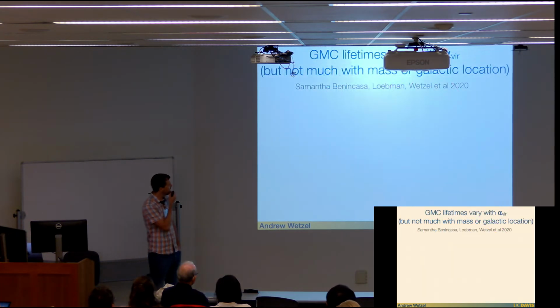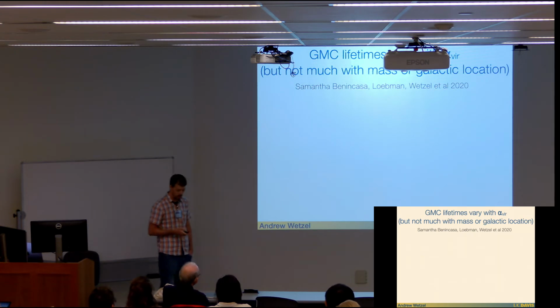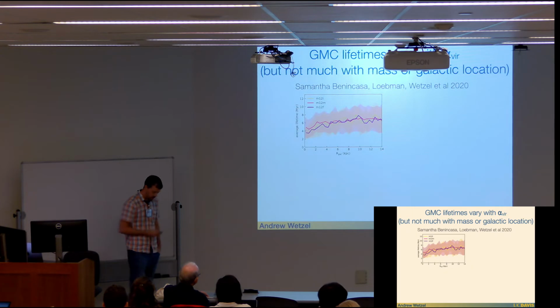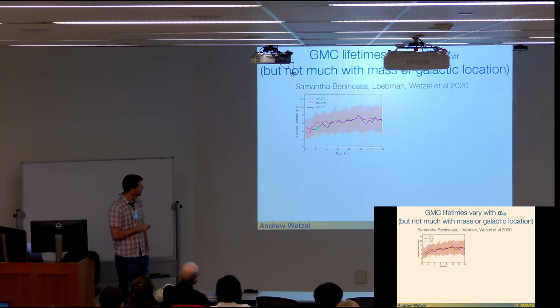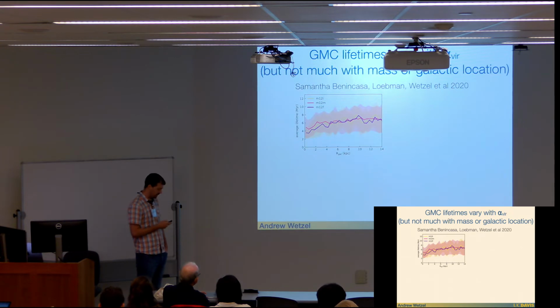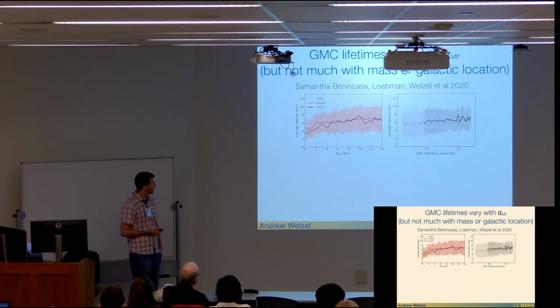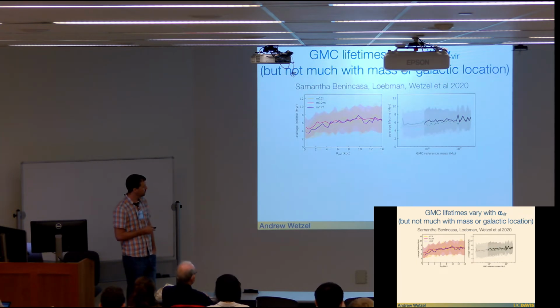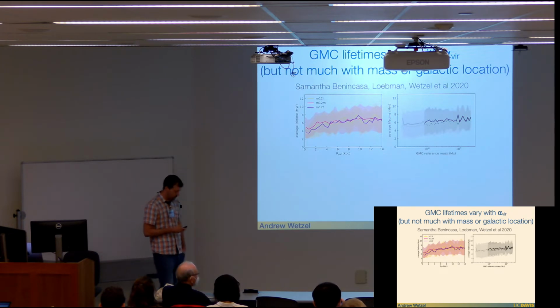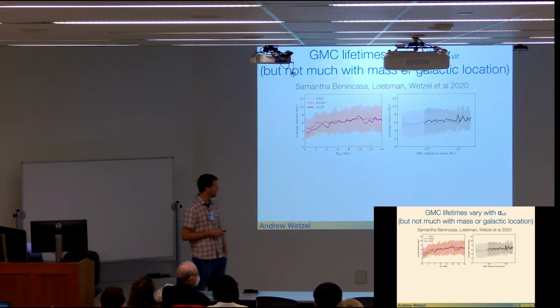We can also ask how do the cloud lifetimes vary with any interesting parameters within these galaxies? The first thing we can look at is radial dependence within these galactic disks. We don't really find very strong radial dependence to the cloud lifetimes. They're maybe a little bit shorter in the bulge regions. We can also look at the dependence of lifetimes on the mass range. At least within the mass range we can probe, roughly a factor of 100 or a little bit less, we don't really see any evidence for mass-dependent lifetimes.